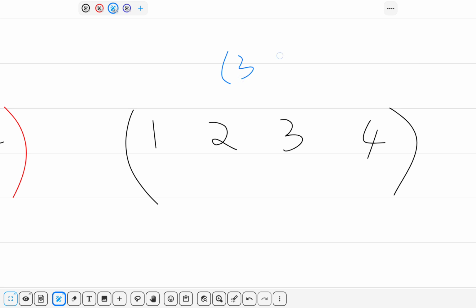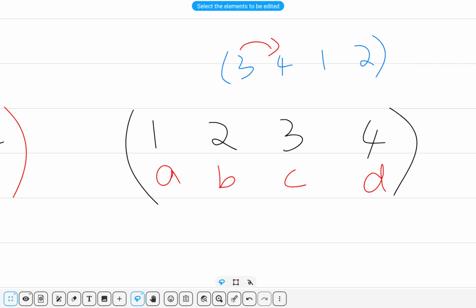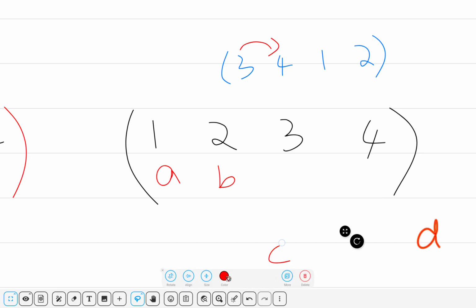Let's say 3 4 1 2, all elements are involved here. So again I have these elements. Now I do the shuffling. It says 3 to 4, right? 3 to 4. So this means I just take the guy from 3, I kick out the guy from 4,